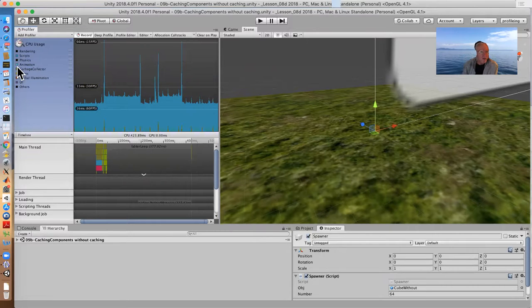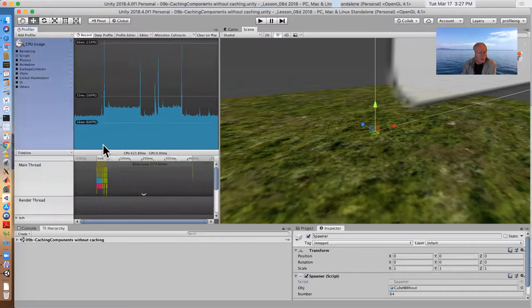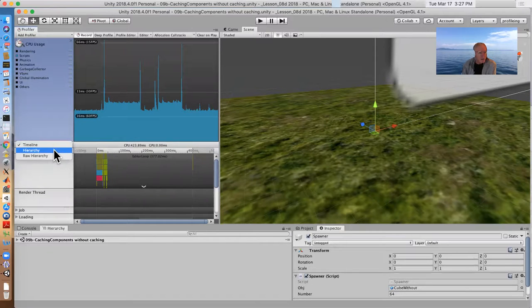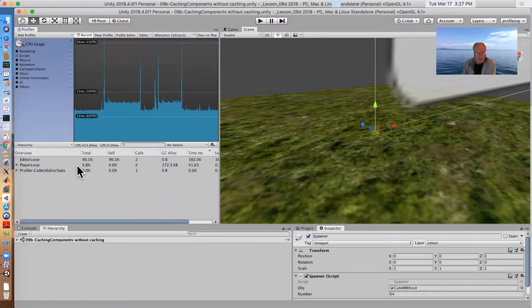So I'm going to turn off everything except the scripts, and we'll only look at its contribution to the running of our game. There's some other stuff down here that shows the different threads and the different processes. You can also look at this in terms of the hierarchy of things that are going on. This will show you the percentage of the routine that is costing you, so you can track down stuff that's causing the lag. But in particular here, I want to show the difference in behavior between caching and non-caching